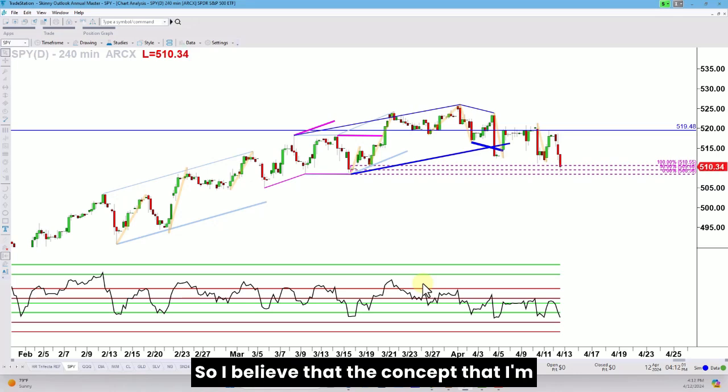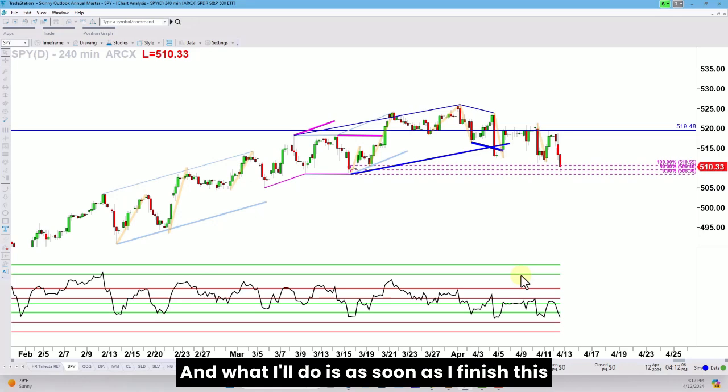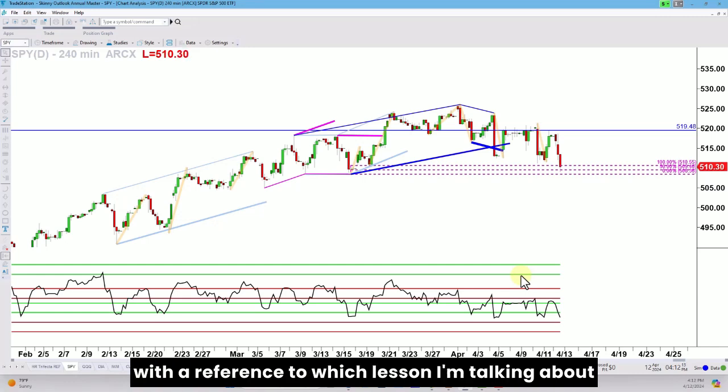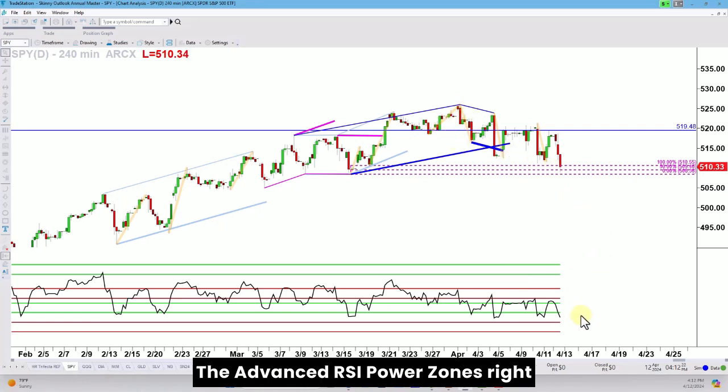I believe the concept that I'm looking at here is in the first session modules of Advanced RSI Power Zones. As soon as I finish this video, I'll go ahead and snap this chart, put it in the Advanced RSI Power Zones portal with a reference to which lesson I'm talking about and some more notes. Bringing us to that March 28th high and then coming down from it, the Advanced RSI Power Zones